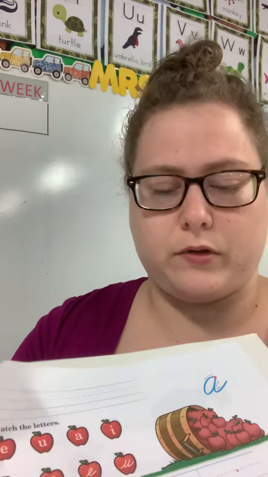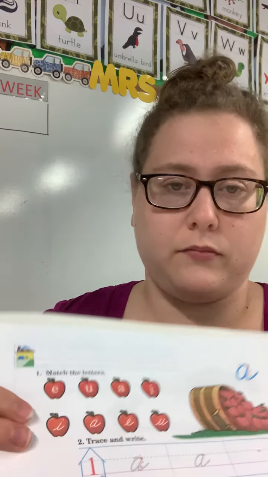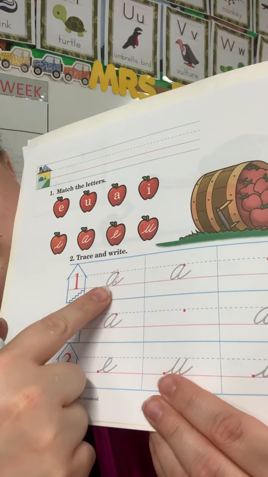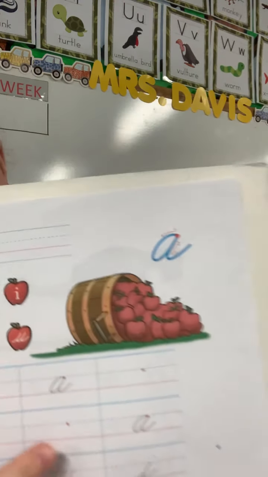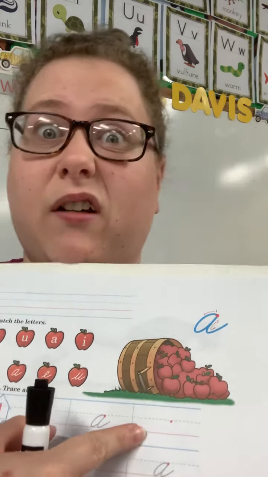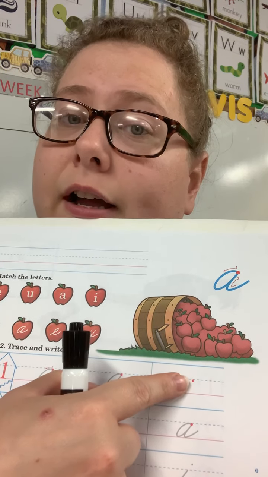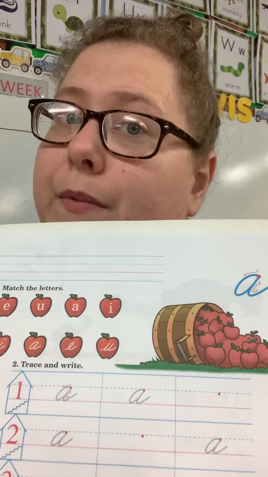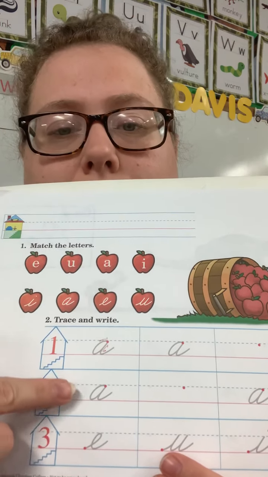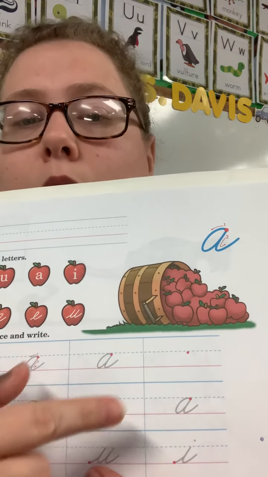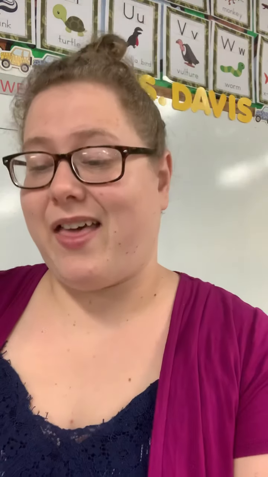So over here, you're gonna trace your letter A. Then you're gonna write your letter A. And remember, when we write our letter A, we start at the dot. Okay, do you remember that? And then you're gonna trace your letter A, write your letter A, trace your letter A. And then